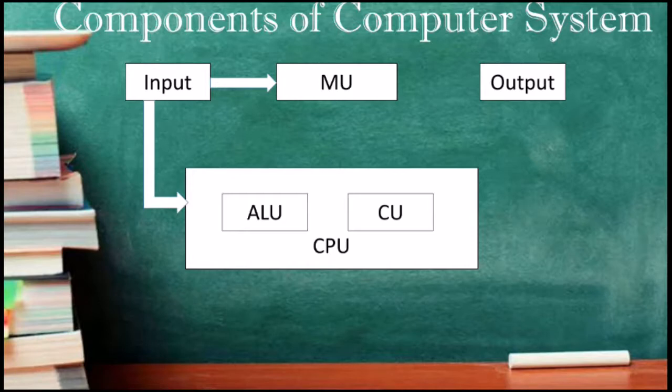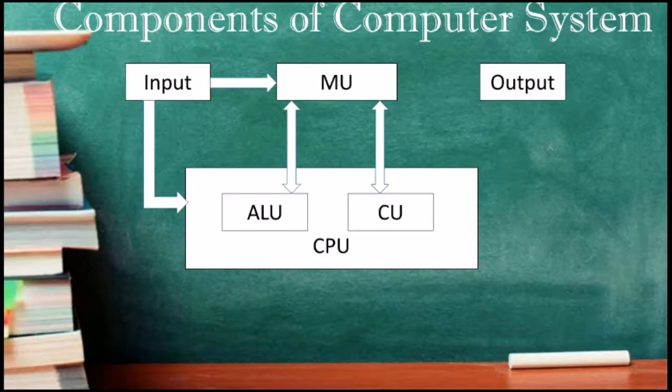Now we will see main task of CPU. The first one is fetch the instructions. Fetch the information or data stored in memory. Second one, decode the instruction. Fetched data can be converted into computer acceptable form. The third task is executes the instruction. After decoding, the computer understand the operation to be carried out.